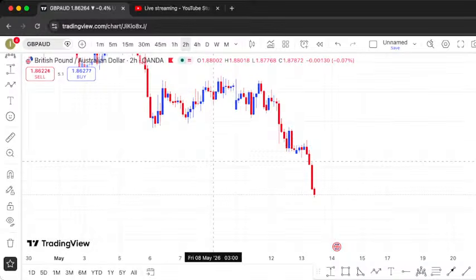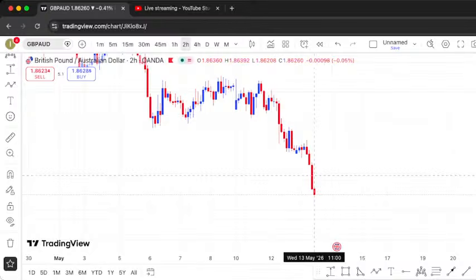Guys, I told you and I repeat again. Whenever you see a very strong bearish momentum on a certain market, for example, GBP AUD on a 2-hour time frame, that's how the market looks like. The market has been bearish without leaving an OB, without leaving a lower high. What should we do? We should use what we call a fib level or a fib retracement. So what should we do on that?